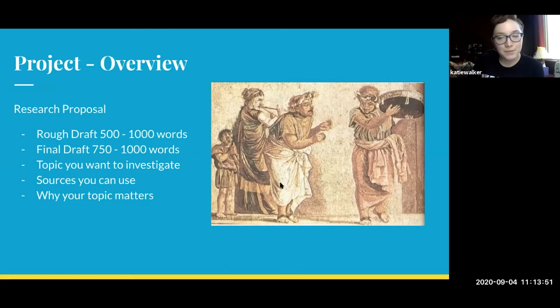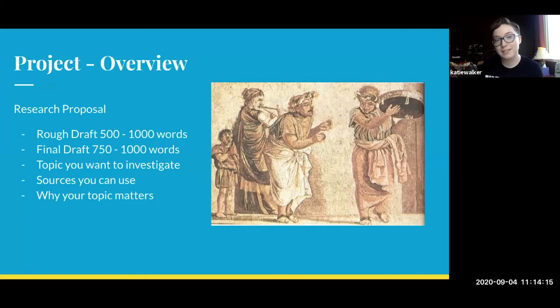All right, so the first thing that you are going to want to be aware of that's coming up is your research proposal. You're going to get to do a rough draft, and we're going to grade that and hand it back to you, and then you can go back over what you've done and make a couple corrections and also make it a little longer. The rough draft is going to be 500 to 1,000 words. Don't go over that too much because we do have a lot of things to read.